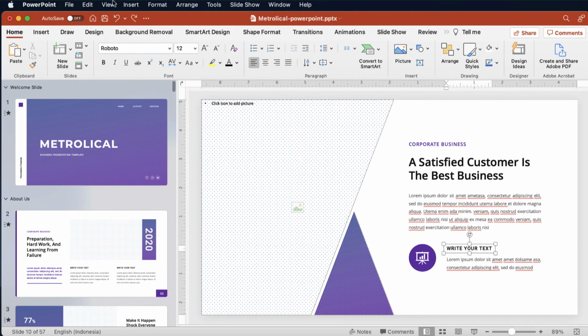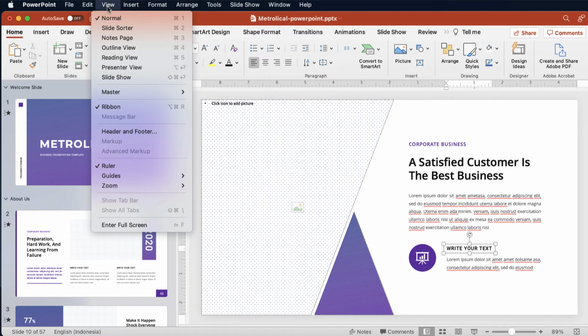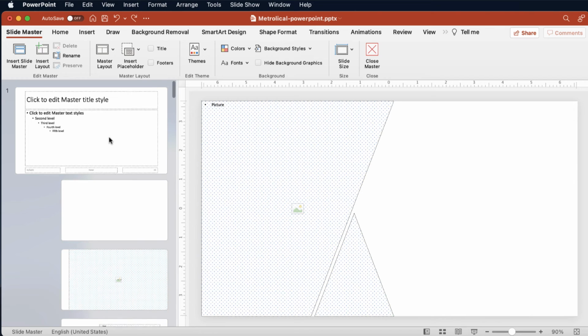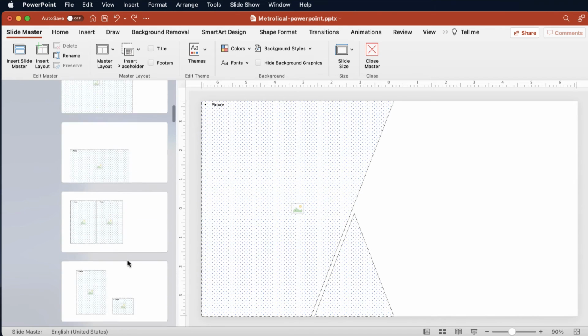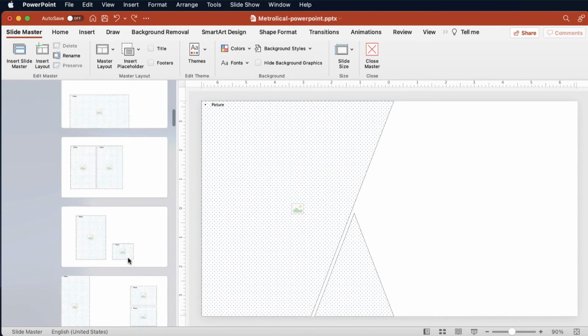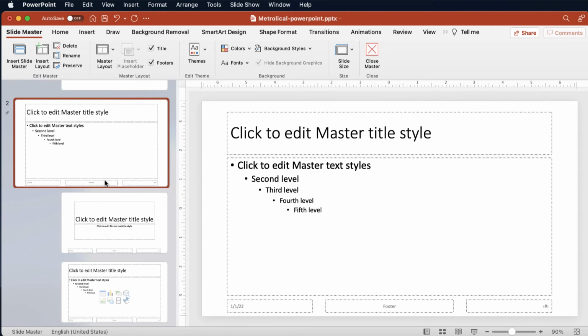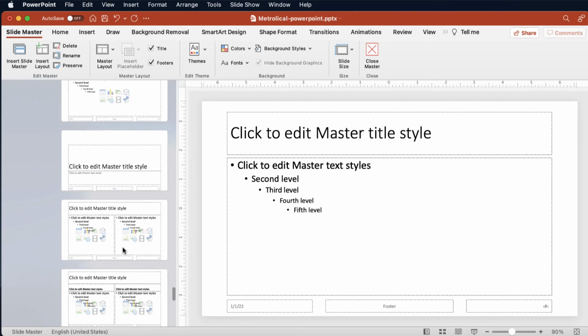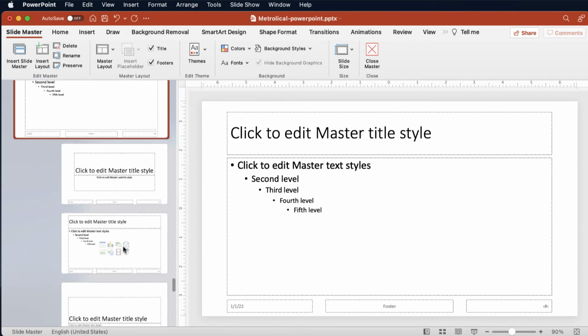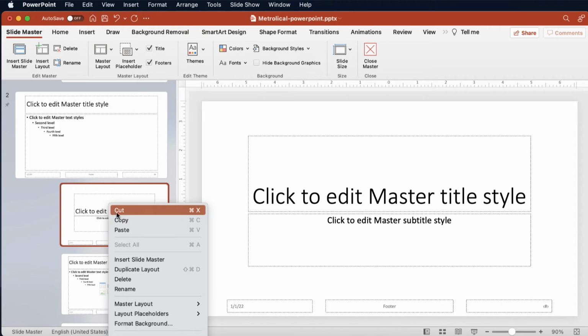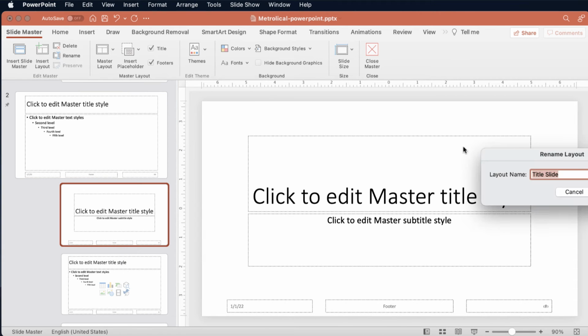So just like we did with the Canva file, I'm going to go into the View Master, Slide Master. And instead of trying to clean this one out, I'm going to scroll actually at the top here and I'm going to say Insert Slide Master. So now I've got a new set of slides that I can customize, and I know that this is the structure that PowerPoint uses because if I right click on the name here, you're going to notice it is using